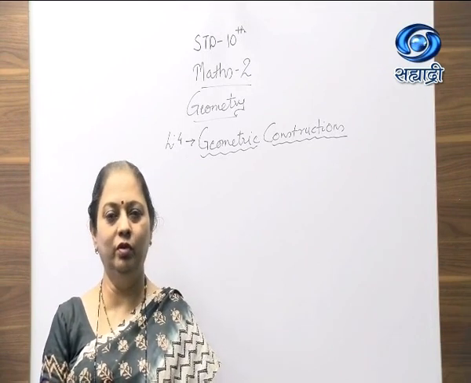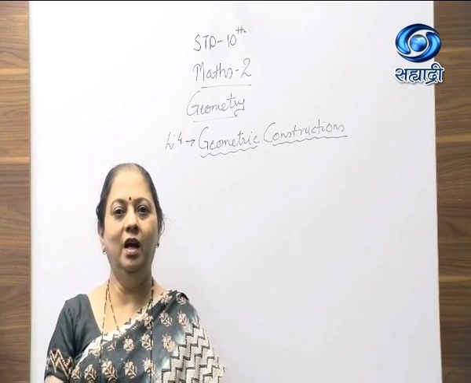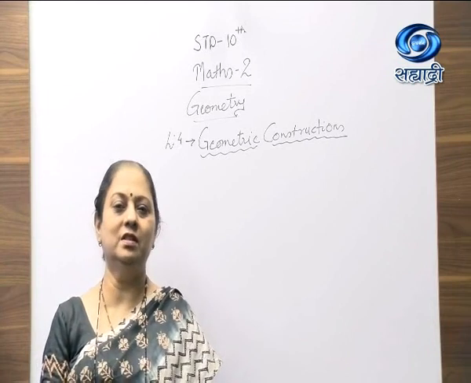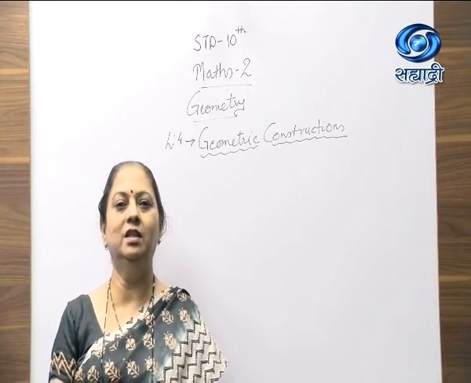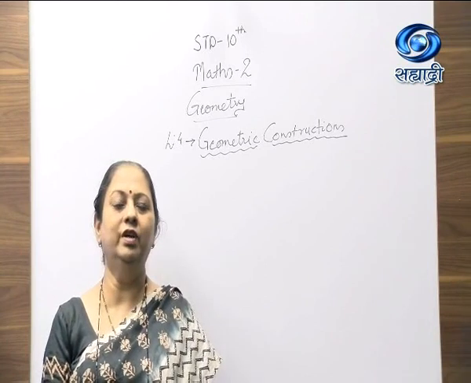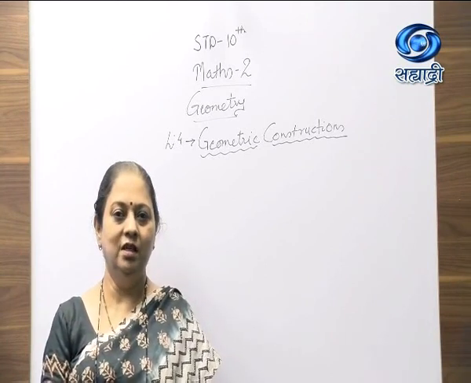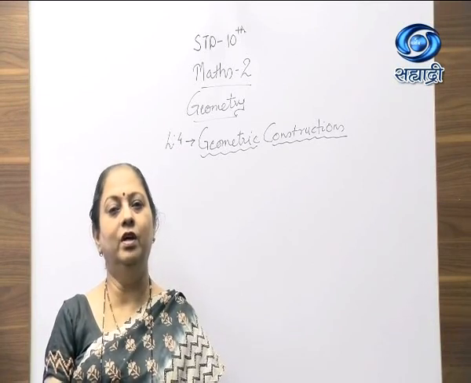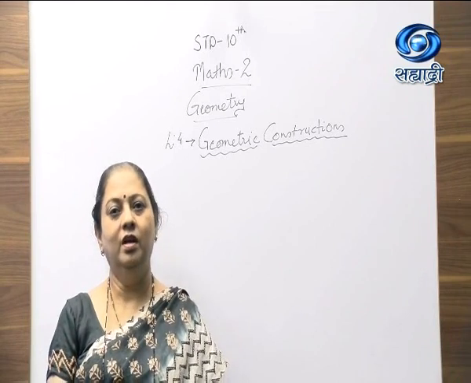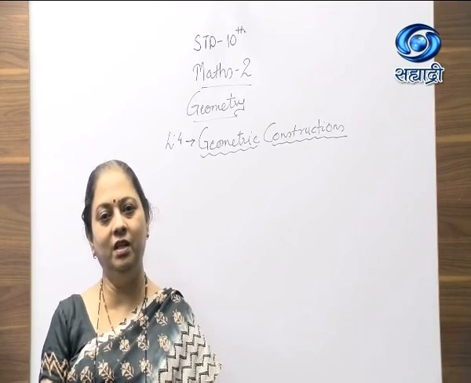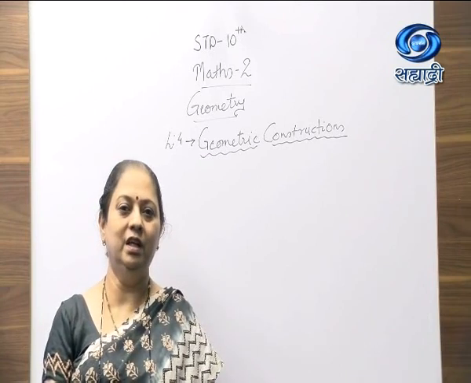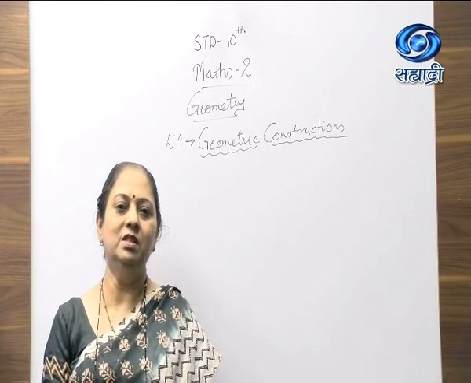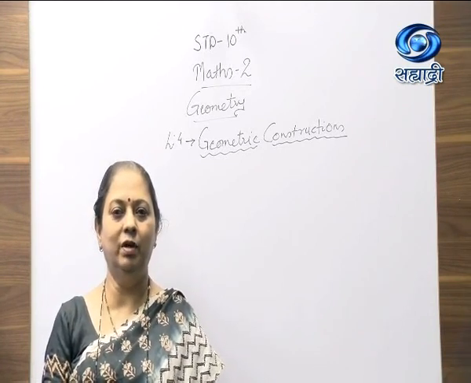Currently we are doing lesson number 4 from Maths 2, that is from geometry, and lesson number 4 is geometrical constructions. As already I have discussed, it is a challenge to teach online, but nothing is impossible in this world. Till now we have learned construction of triangles with common vertex and without common vertex. Now we are going to learn about tangents drawn to the circle with the help of center, without taking the help of center, and tangents to be drawn to the circle from a point which is outside the circle. Now let us learn about it.